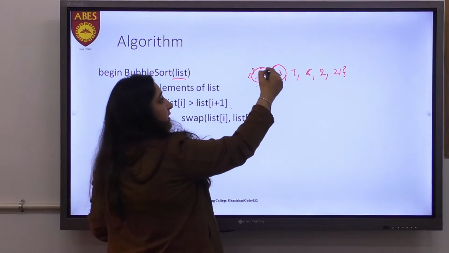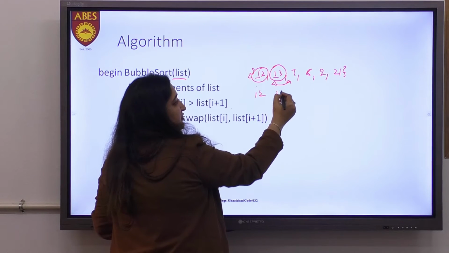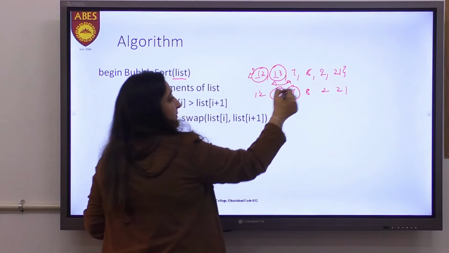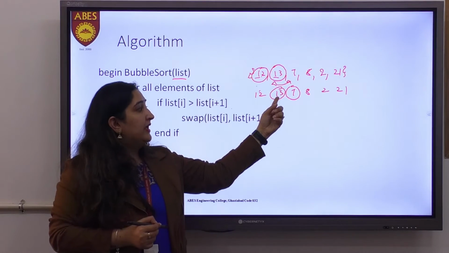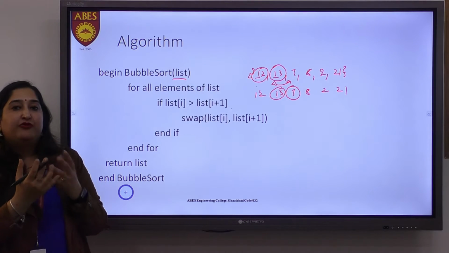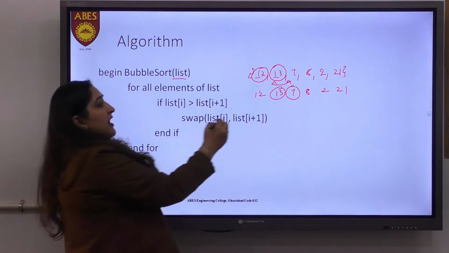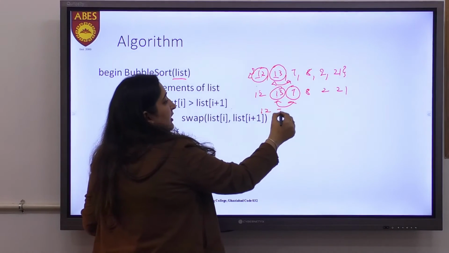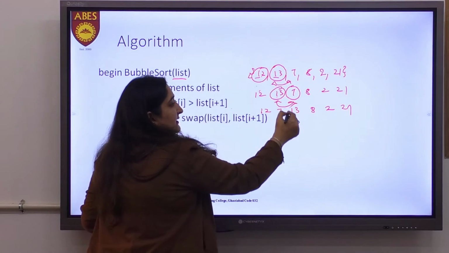We will just move the bubble from these two elements to the next two elements. Now the structure would look something like this, and my bubble is over these two elements, 13 and 7. Now you can check, 13 has the higher value and 7 has the lower value. If I have to make the highest bubble rise to the last, I should swap these two elements. That means it would look something like this. Now the bubble is at this place.